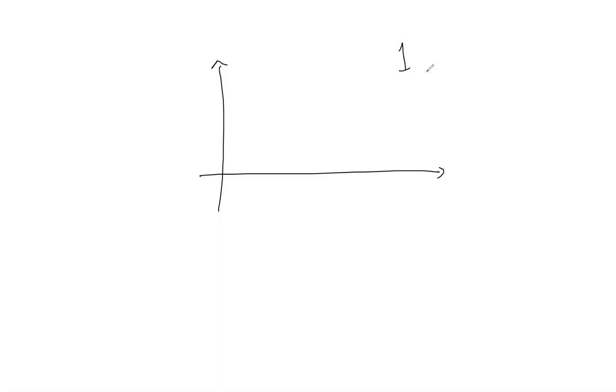The function where you have, this is 0, 1, right? Okay, you set it to 1 if your x is rational. You set it to 0 if your x is irrational, right? So for all the irrational numbers, they're all at 0, right? But then for the rational numbers, they are all at 1, right?